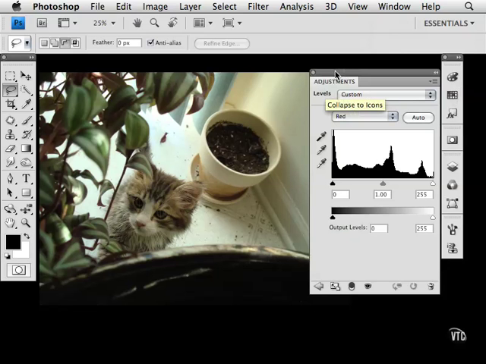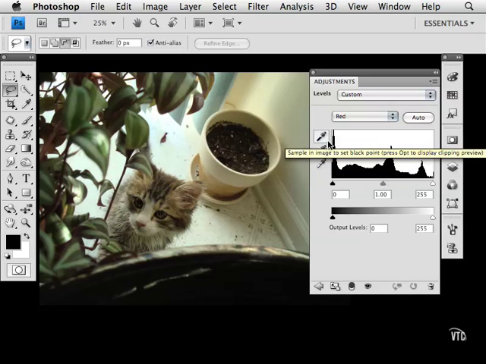dialog box. The first thing we can do, of course, is determine what parts of the image we want to work on. We can work on RGB to affect all the pixels at the same time, the red channel, the green, and or the blue. We can also have Photoshop do an auto levels for us, and we can also do it ourselves using these eyedroppers. So we can click on one of these guys and tell Photoshop where we like the brightest part of the image to be, or the black point, or the white point with this guy, or the gamma with the